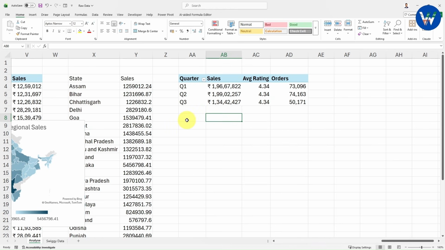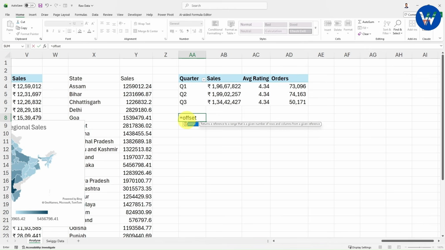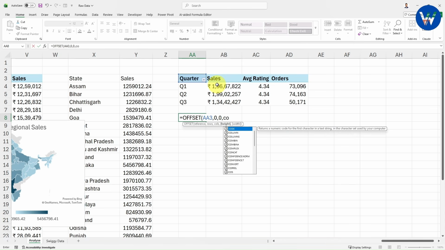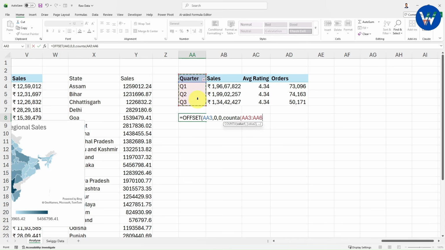Now let me show you what you can do is, you can simply use one offset function for this also. Let me show you. So with the help of offset function, we will create one new array. I will select the cell, comma. Now select the rows. Row is 0 comma, columns are 0 comma. Now you need to select the height. Height is very simple, COUNTA, open the bracket. Now select the range. I will select this range. Now close the bracket. Finally we have done with the height.